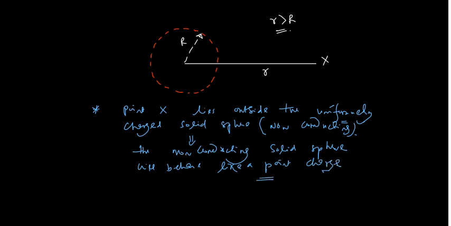So for this it is the same, there is no difference between a spherical shell, a conducting solid sphere or a non-conducting solid sphere. This you must have understood, that if the point is lying outside, there is no difference. So in this case E outside is equal to 1 by 4 pi epsilon naught q by small r square. There is no difference at all, right?